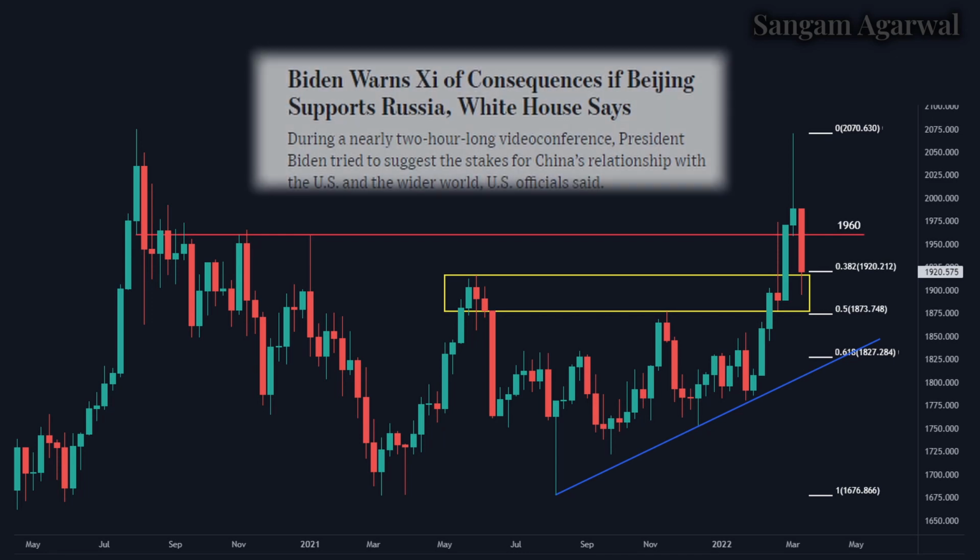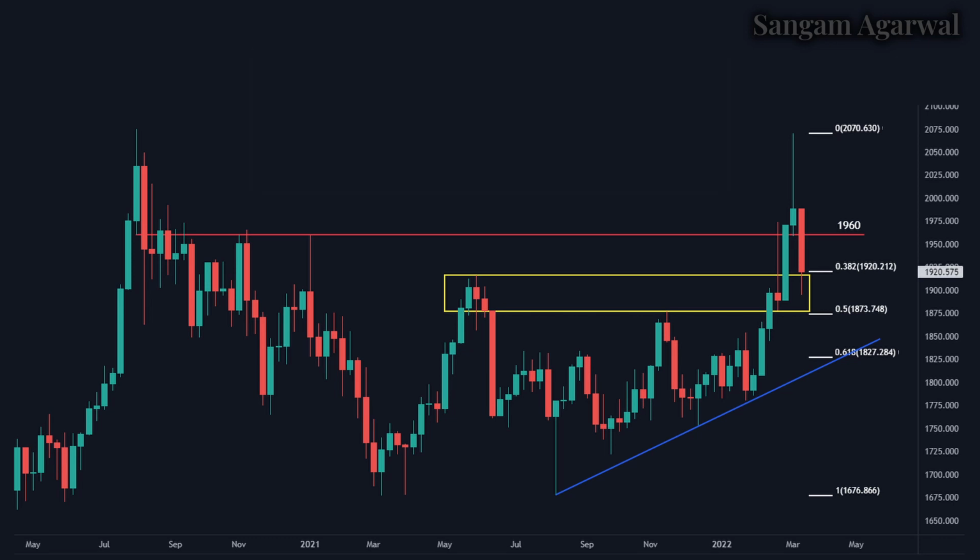If you pay attention to the news, last week in the conversation between the US and China presidents, you can see the news media of both countries, China and America, say different things. As an ordinary person, you cannot believe who is saying right, which is true and what is fake news. But one thing is clear: Cold War 2 has already started, and this week the gold price will depend on